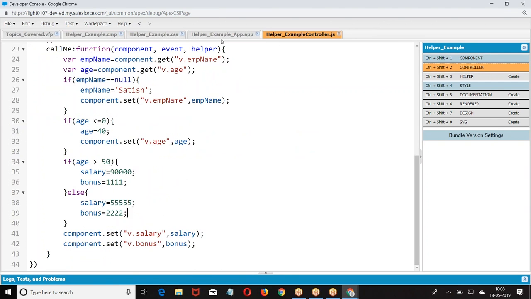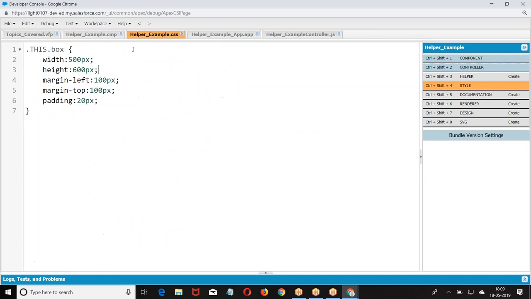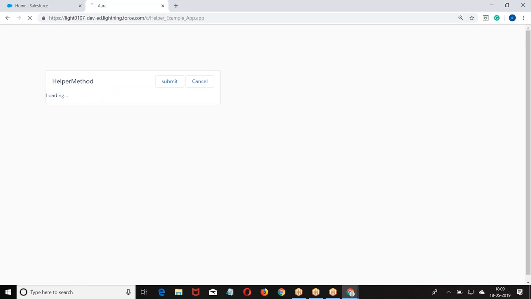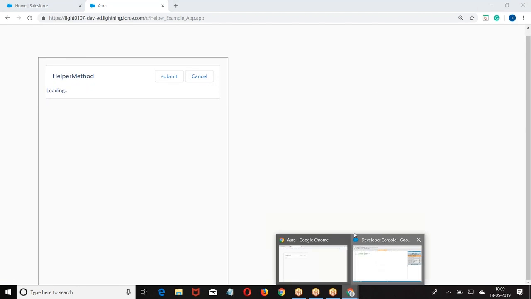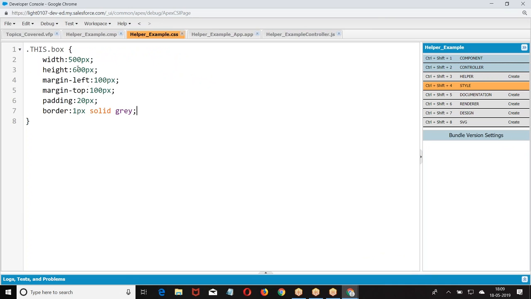Let me apply a border so that I know how much space I gave. Okay, no issue. More than the required.